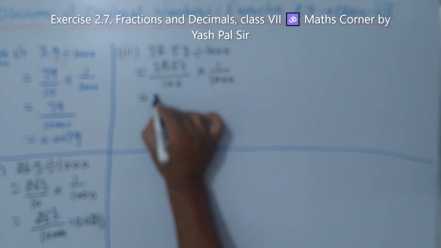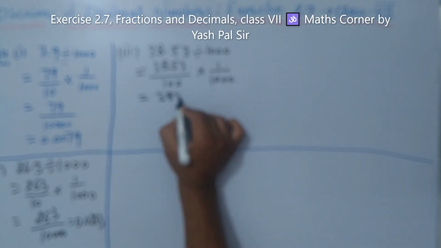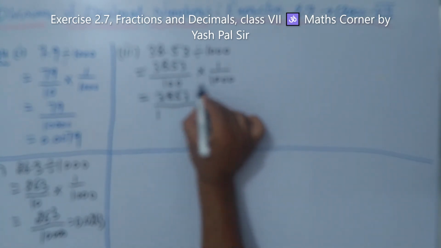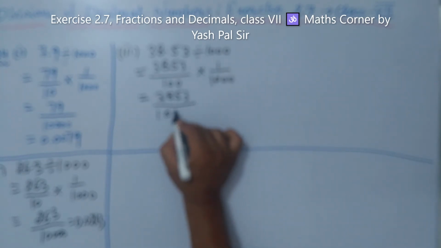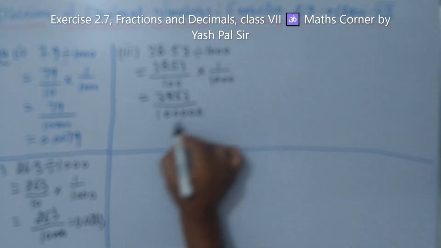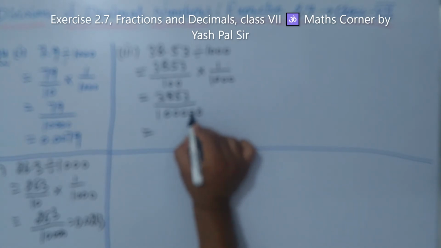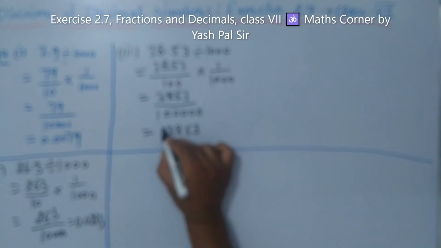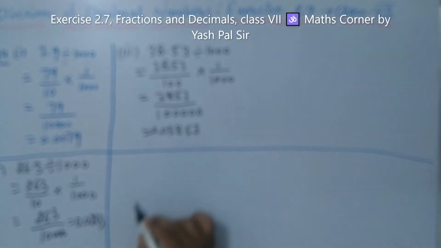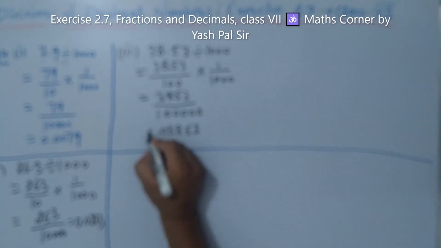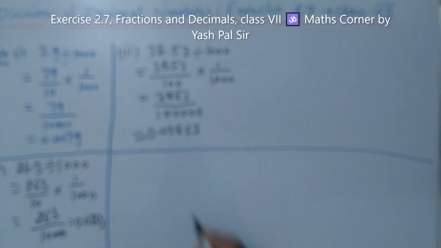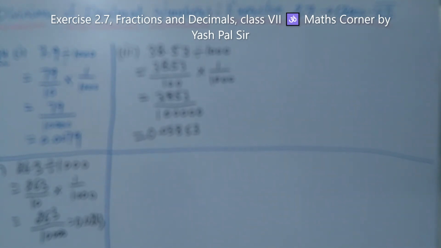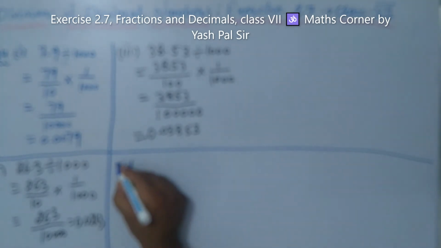This is equal to 3853 divide 1, 2, 3, 4, 5 zeros with 1. So answer is, after 5 digits, 3, 5, 8, 3, 0. This way, after 5 digits, we have to put decimal. So our next part is part number 4,